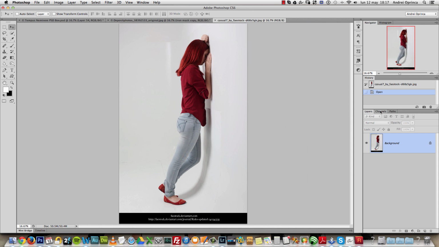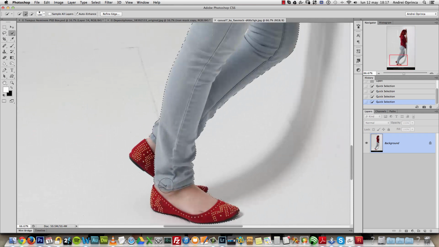So this is what I will do. Let's see, maybe I will use the quick selection tool for this. Let's see how it works. I think I used the pen tool, but anyways, I will use the quick selection tool to make it quicker. You can use any method that you want for this. Usually I use the pen tool because it's the most accurate tool for me, in my opinion. And